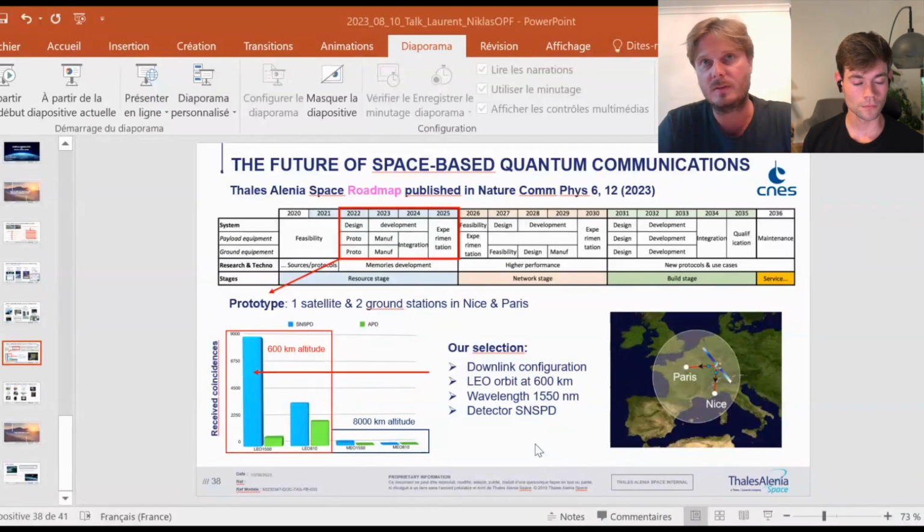So you don't need to embark single photon detectors into the satellite, or if you do, it's just for monitoring purposes, so you don't need a very efficient detector